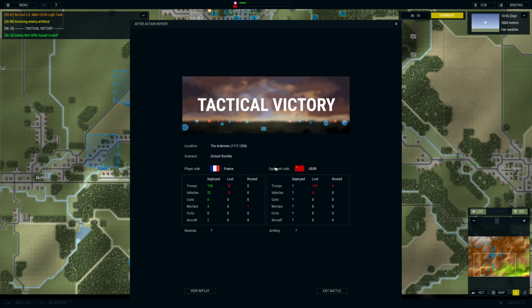118 troops. We lost 52, so slightly less than half lost. Well, we deployed 22 vehicles. We lost 13. Slightly more than half. All of our guns seemed to survive. Our mortars survived. Our aircraft survived its airstrike, though I don't think they did anything effective. My fault, probably more than theirs. Troops, the enemies, well, we killed 174, routed 8, and took out 61 of their vehicles. So... troop losses, yeah, that's acceptable. Vehicle losses, I would say that's very good. About a 5-to-1